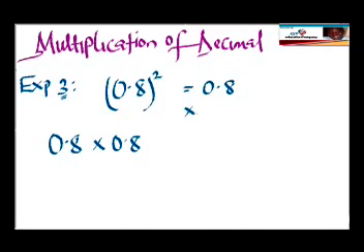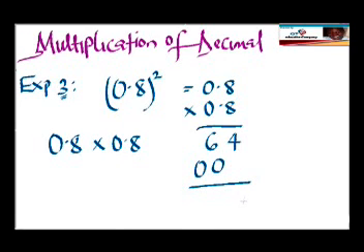So this will become 0.8 times 0.8. 8 times 8 will give me 64. Write down 4, carry 6. 8 times 0 is 0 plus 6 is 6 here. 0 times 8 is 0. 0 times 0 is 0. So here I'm having 4, 6, 0. And how many numbers